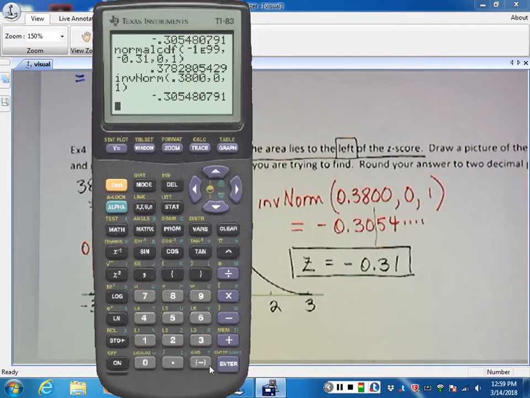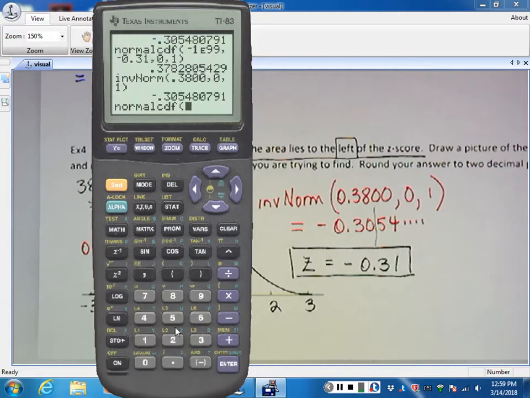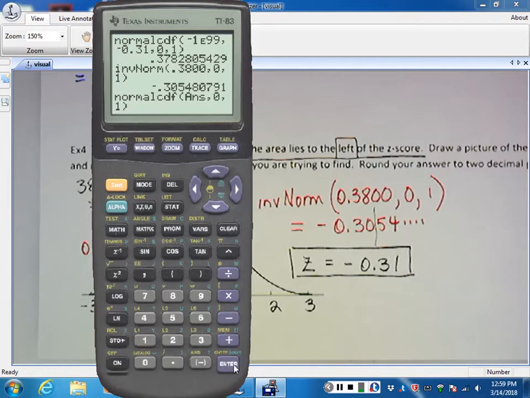Now, if on the other hand, I had taken that z-score, and I had gone and done this, and used second and the negative sign, that ANS says that's the last answer that you saw. That's the number you have stored in your brain. That's what you think the answer is. The calculator thinks the answer is negative 0.305480791, and about 6 more decimal places it can't show you. So if I take the whole answer and tell it the mean is 0 and the standard deviation is 1,